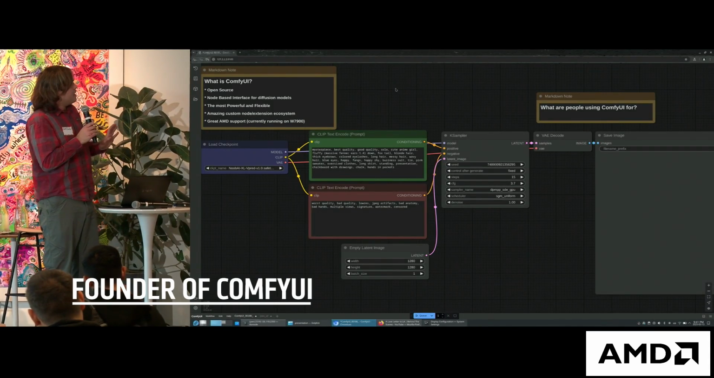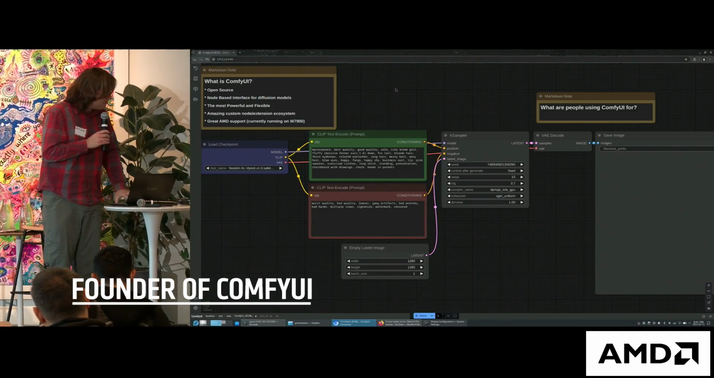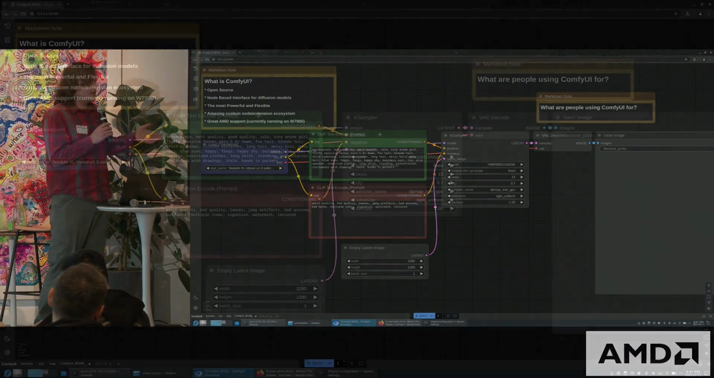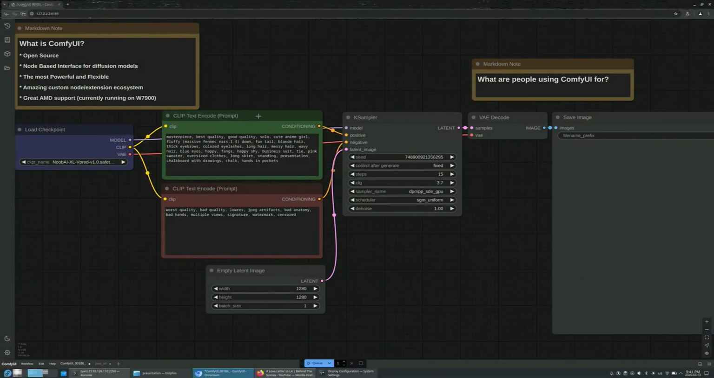What is ComfyUI? It's open source software to run all kinds of diffusion models, image generation, video generation. So here we have a basic ComfyUI workflow for image generation. If I execute it right here,